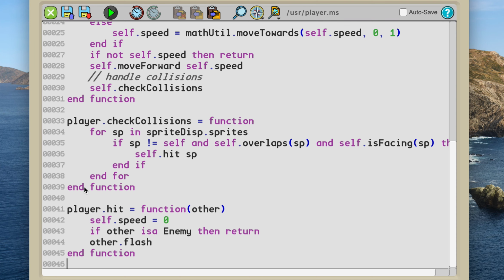But in any case, let's see what we're doing here. We're handling the collisions after we move forward. And we check all other sprites. And if it overlaps and it's facing, then we hit it. And what do we do when we hit something? We set our speed to 0. And we only want to hit enemies. So if it is an enemy, then, hey, look,